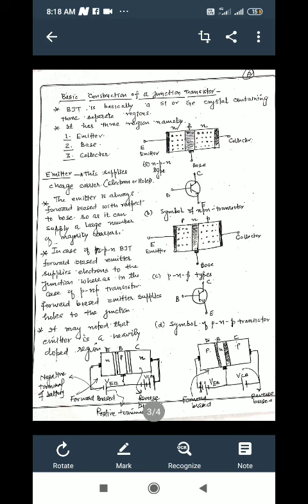So please focus on the figure: emitter, base, collector. The emitter-base junction is forward biased and the base-collector junction is reverse biased. As already mentioned, the N type emitter is connected to the negative terminal and the base is connected to the positive terminal in order to make the emitter-base junction forward biased. Similarly, the base-collector region is reverse biased. N type is connected to the positive terminal and base is connected to a